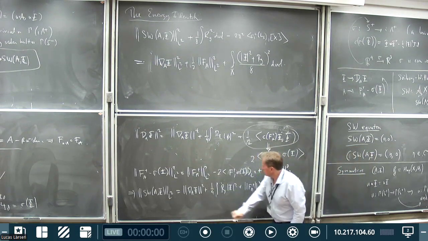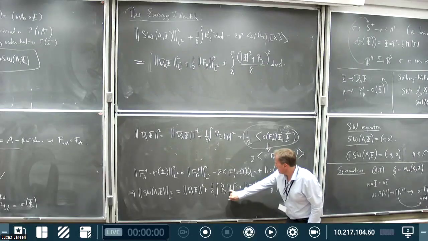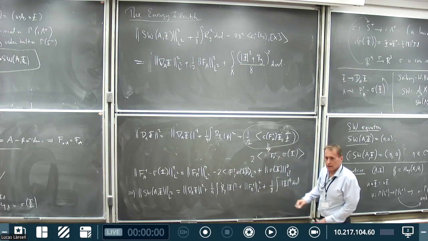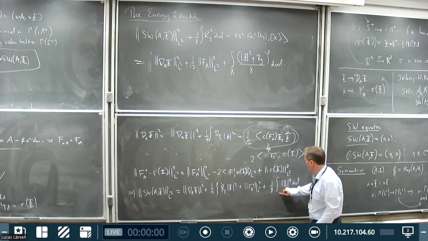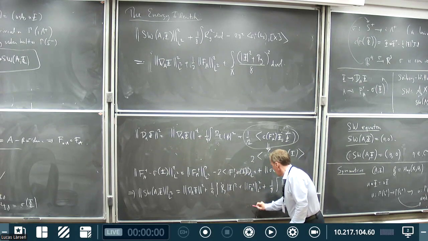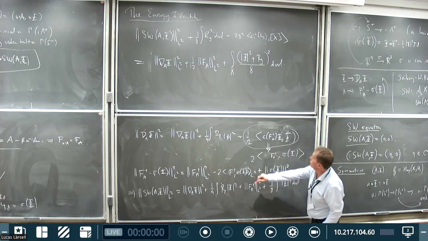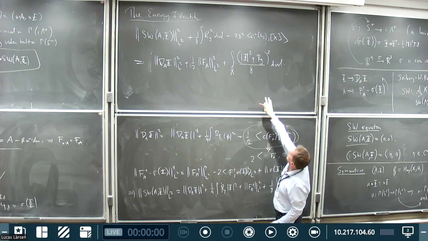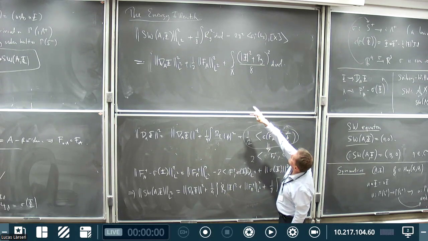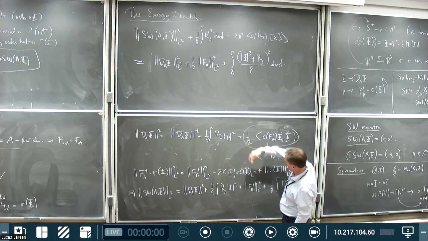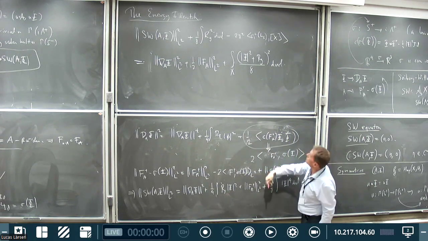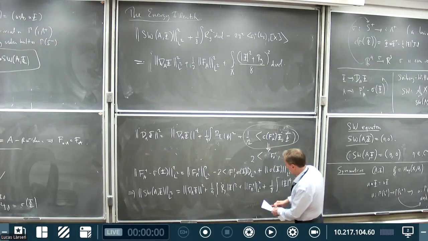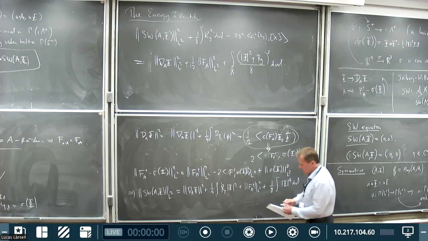We've got that term, that's okay. That term, this term, and this term, I can complete the square. If I look at these two terms, I won't do that for you, but when I complete the square, I add 1/8 the square of the integral of the square of the scalar curvature to one side, and then it becomes a perfect square, and that's what it is. The remaining thing is this integral of f plus, and